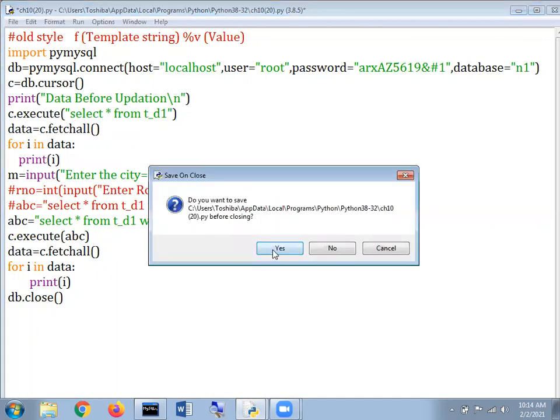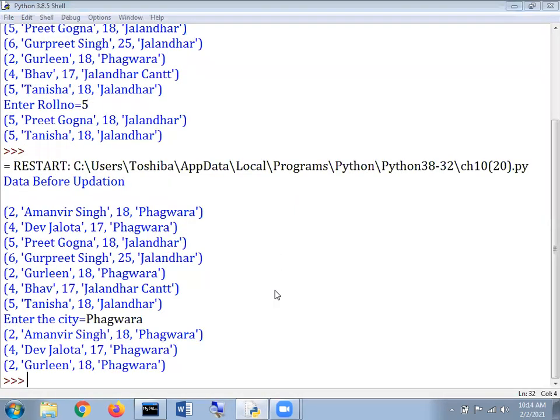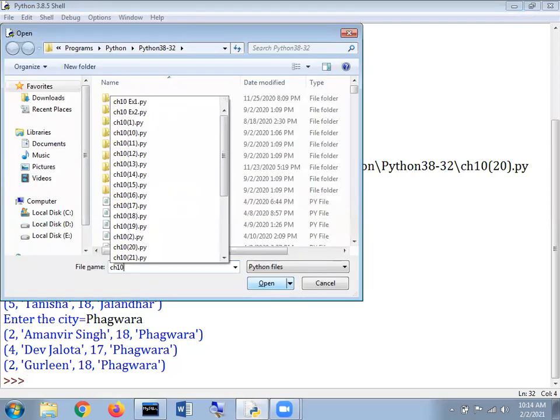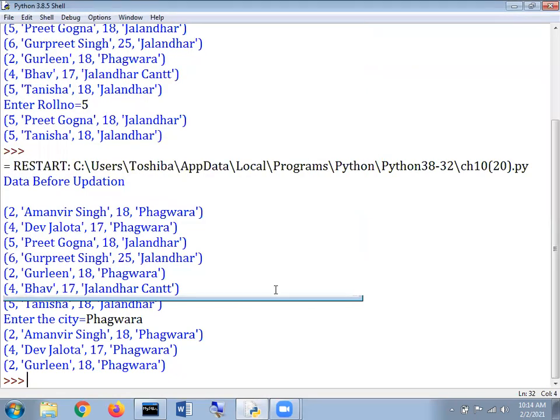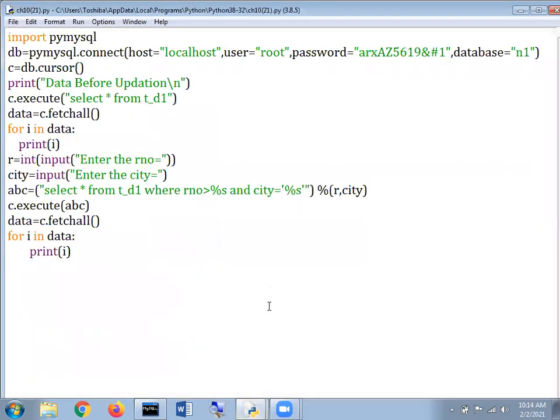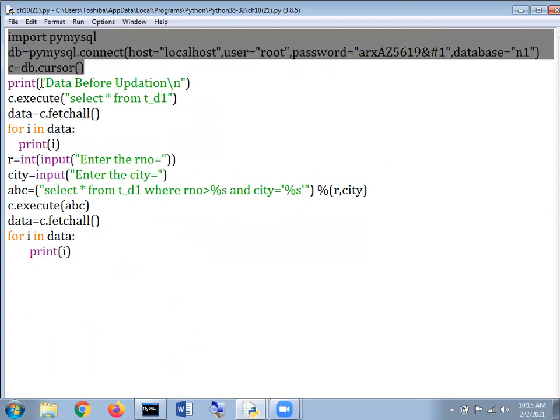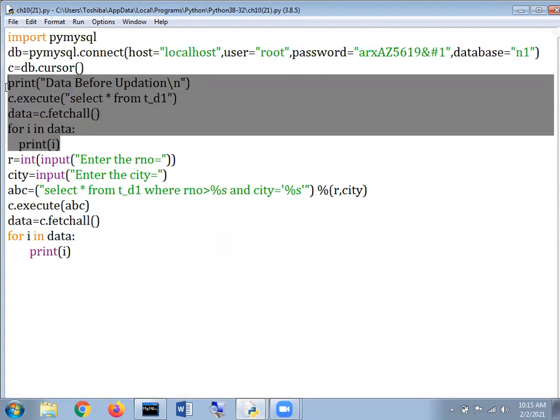I'm just going to save this program, and I'm going to open one more program here. I just want you to give me the description for the same, if the concept is clear to you. First of all, whenever this modulus by s operator is there, is this to be considered an old style or a new style? Old style. Great. Here it is. These three lines are clear already. Now what they are going to do in this module, they are simply going to display the content of a table.